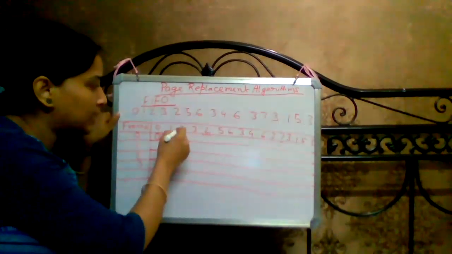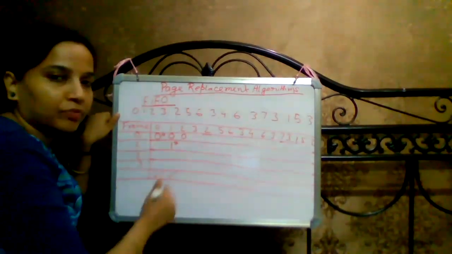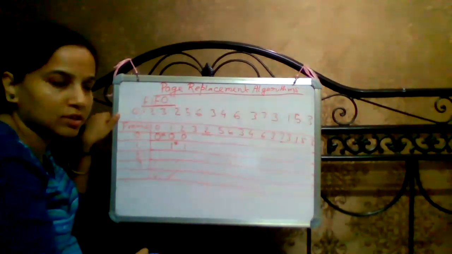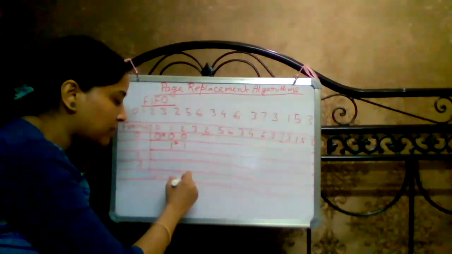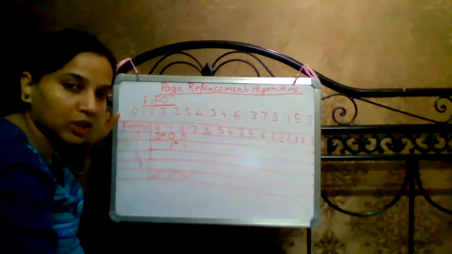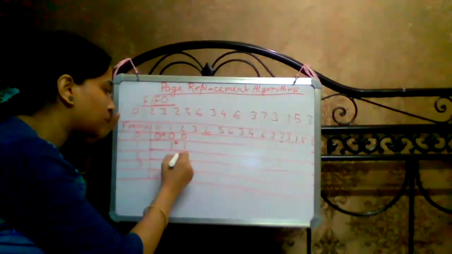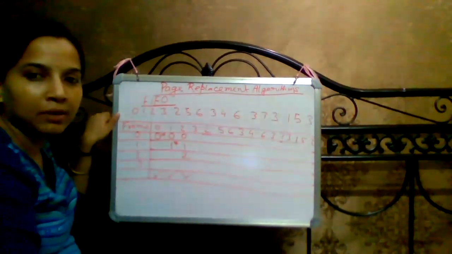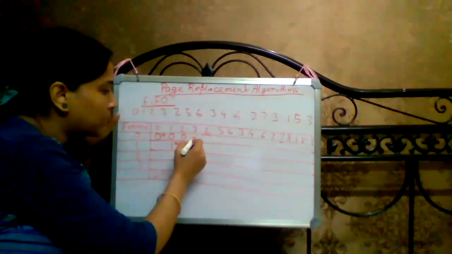Same here, the next executing page is 2. So 0 is at frame number 0, 1 is at frame number 1. 2 is not there, that means not present in the memory. So a page fault occurs and it is brought from the secondary storage device, that is swapped in. So that particular page is swapped in from secondary to physical memory and stored into frame number 2. That is the running page.